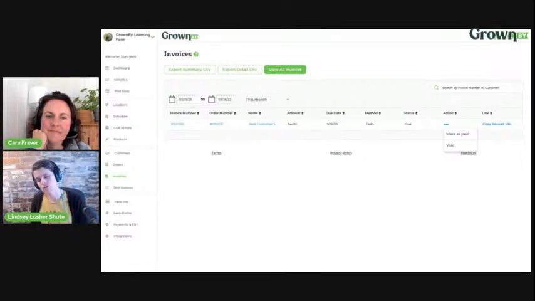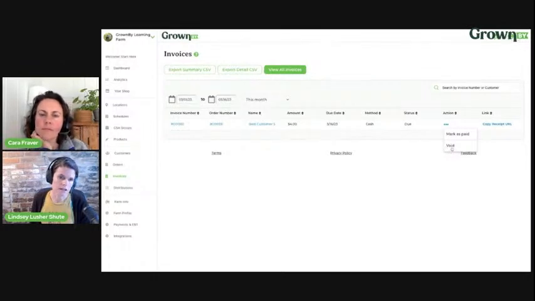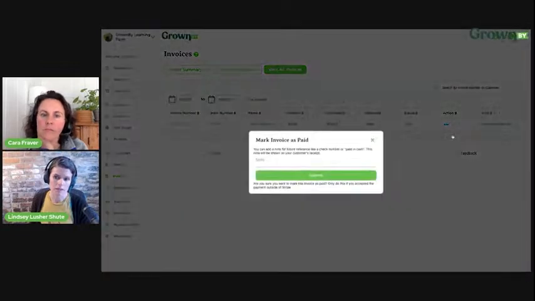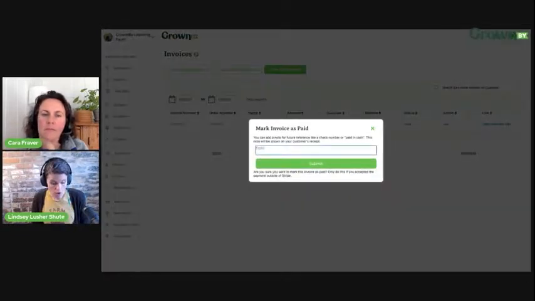Sometimes people are also using cash invoices at present to manage EBT. Eventually, we'll be able to accept those payments online, but sometimes EBT are offline as well. You can do 2 things here. You can void this, say they don't actually want those carrots that they ordered, or you can mark it as paid. And when you mark an invoice as paid,